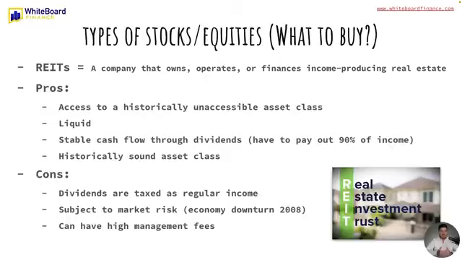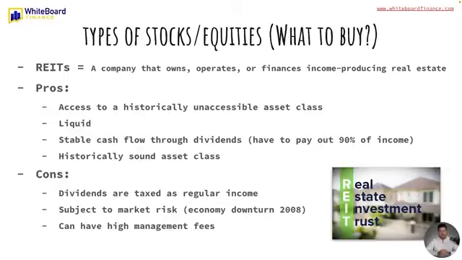They're very easily tradable. You can buy them, sell them very quickly. They have stable cash flow through dividends. That's what they provide. The reason for this is because legally REITs have to pay out 90% of their income, okay? That's literally the law. So they typically pay out very high dividends. Historically, real estate is a very sound asset class, and historically, real estate has produced some of the highest wealth